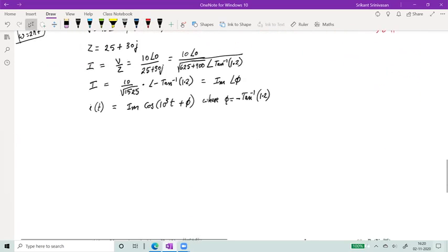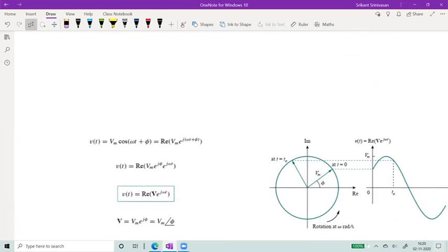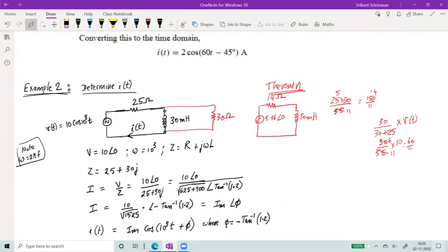Now, the main thing is that if you want to solve these circuits, you have to remember that the frequency remains the same throughout the circuit. There is only a phase difference. If I wanted to calculate the current flowing through this branch or this branch or this branch, the frequency will always remain the same, which is omega equal to 10 to the 3 radians per second. Okay, that will never change.